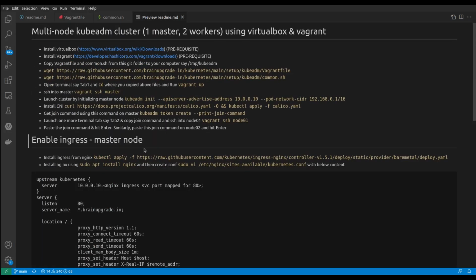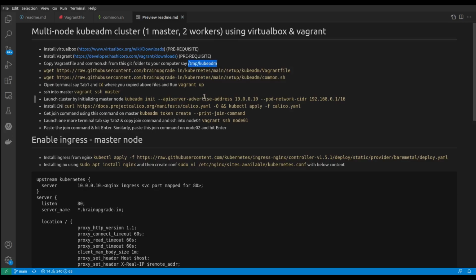The link to this document is also given in the description box. Prerequisite is to have VirtualBox and Vagrant installed. If it is not installed in your system, please go ahead and install it. So once both are ready, then you can come to this page and you can directly start